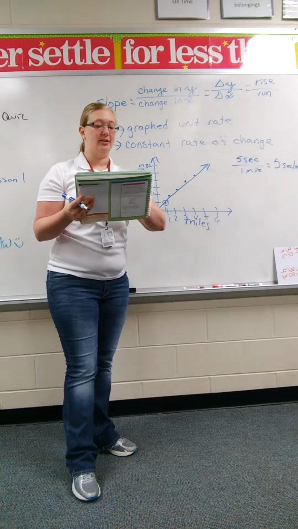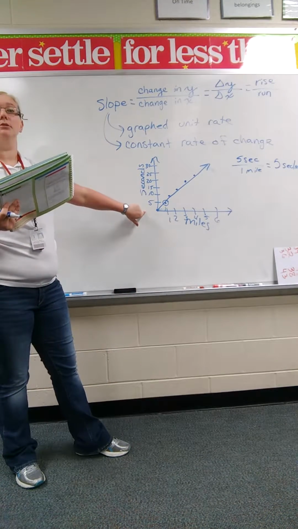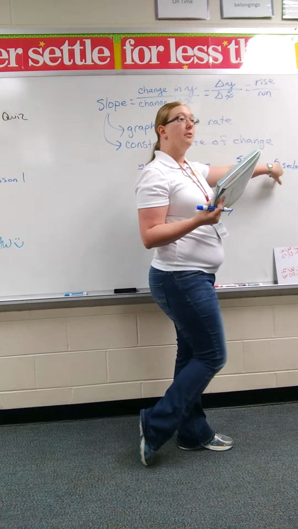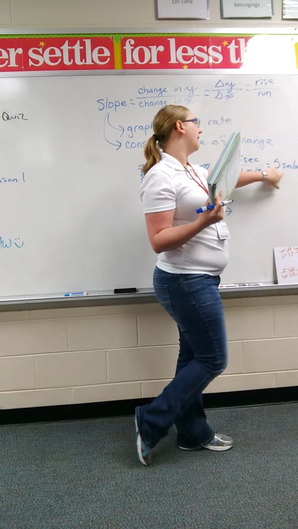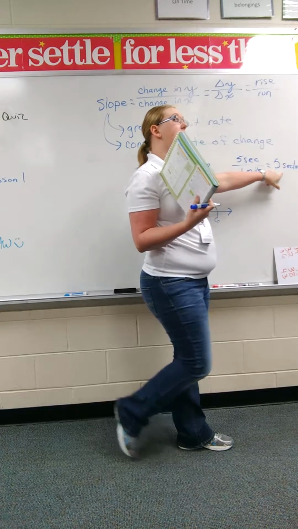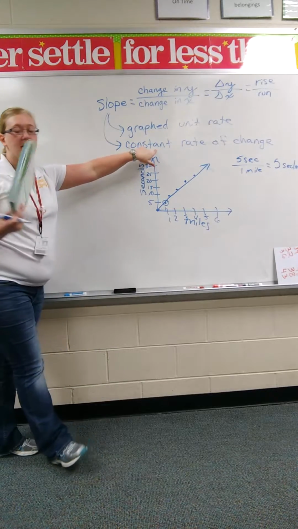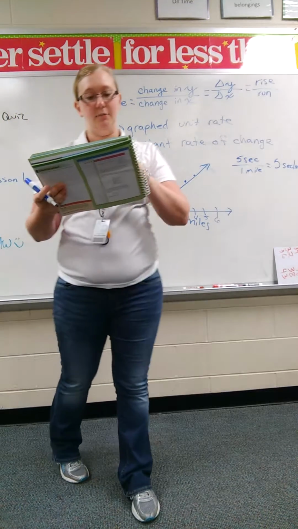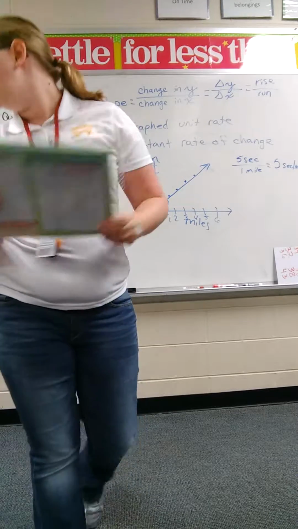It tells us to graph the data. Did we do that? Yes. Okay. Did we find the slope? Yes. Because our slope is also what? 5 seconds per mile. Okay, so our slope is 5 seconds per mile, which is also called what? Unit rate. Which is also called what? Constant rate of change. Good. Now, did we explain what the slope represents? Have we done that yet? No. Okay, so what